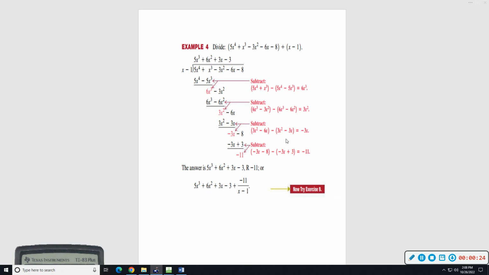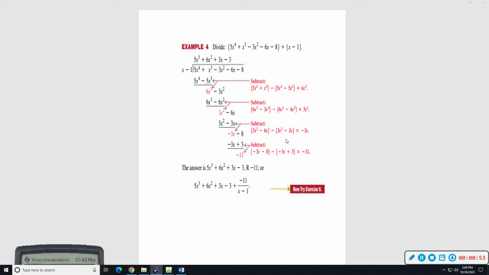Usually algebra classes are set up so you do adding and subtracting where you're combining like terms, and then foiling, where you multiply polynomials, and then the messy stuff is polynomial long division, which we're not going to be doing today. We're going to see a shortcut method for dividing polynomials, and before we do that,